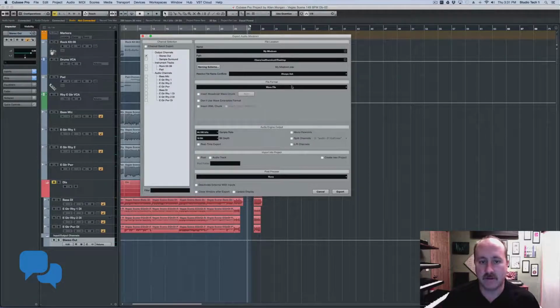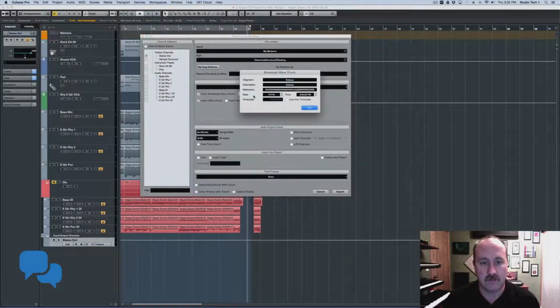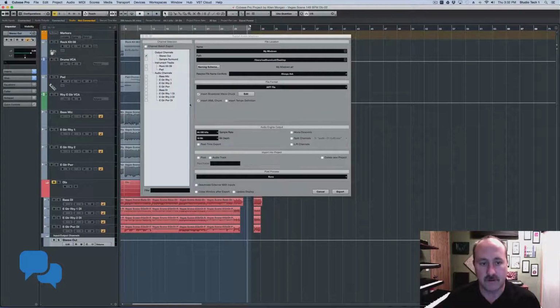The WAV file at the top is an uncompressed file. So this is going to give you your highest audio quality, but the file is going to be huge compared to its MP3 cousin. Now, the AIFF is essentially the Macintosh native uncompressed file. So if you're working in a Windows environment, probably the WAV file is where you're going to go for your real high resolution stuff. And here again, you can insert what they call a broadcast wave chunk, which is more metadata that'll be encoded with your file, so wherever it goes, somebody can click and get info about it and so forth. If we select AIFF, you still have this same metadata option, but a little different layout of how those variables